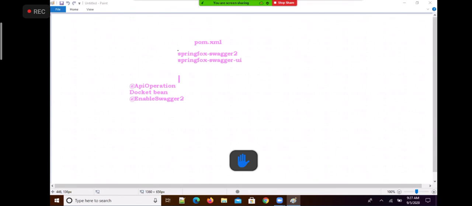Then finally we are going to see whether documentation is prepared or not. Whenever we run our REST application, an HTML file is generated at runtime and added to our application context path, that is swagger-ui.html.